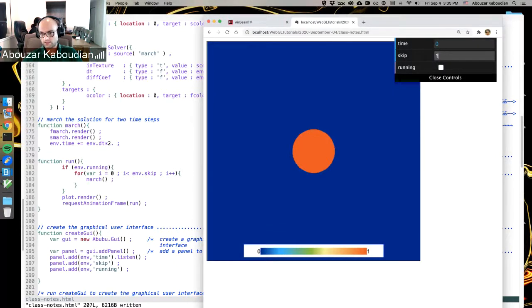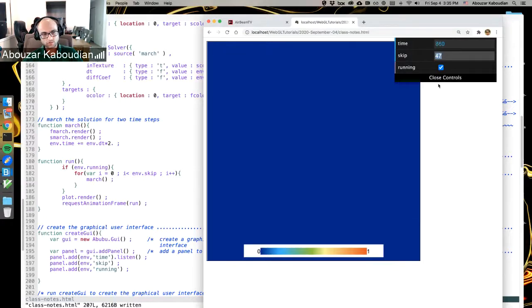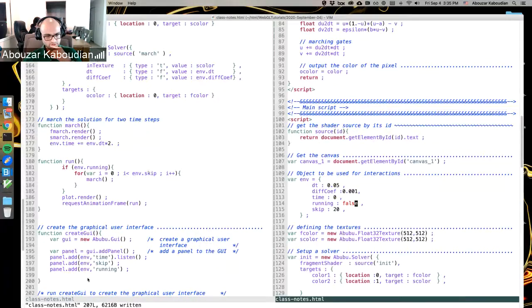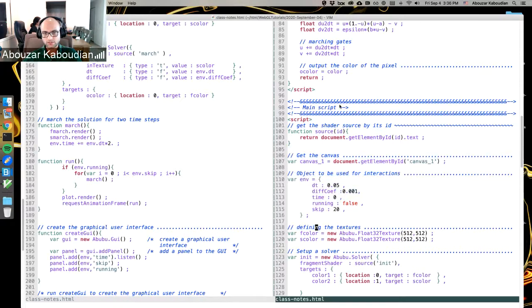I'll show you how much you can change the solution speed. This is the initial one that we're calculating, and we can go much faster. That's the first thing that we changed. And you notice that in the previous sessions we were just looking at an event whenever this one was changing, and then we were updating some of this stuff. The reason that here we are not doing that is that this JavaScript section, the main script